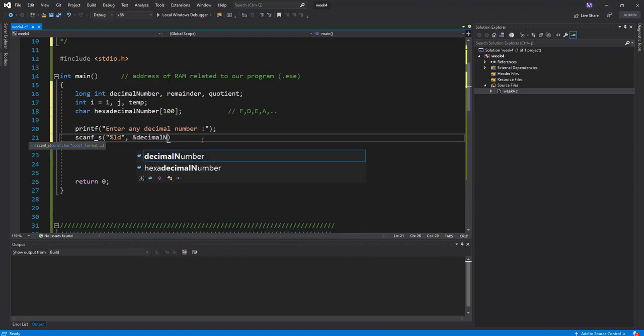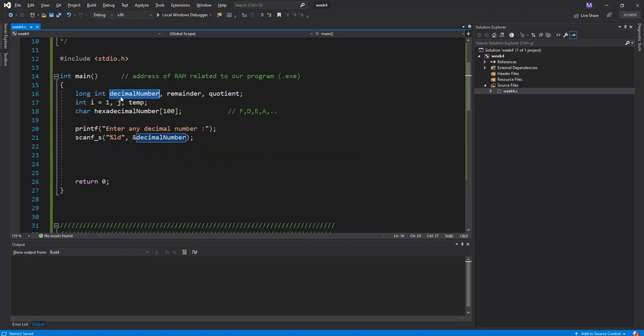In the plain usage of the decimal number, this type of number is equal to the long integer. But if we put the ampersand notation at the left-hand side, this represents the address of the long integer number in